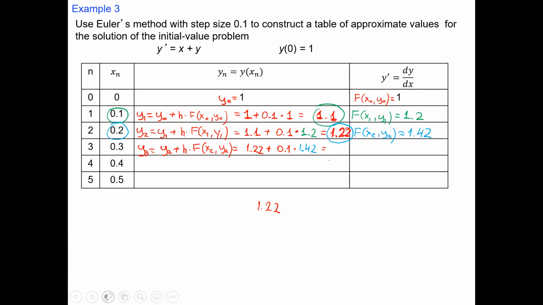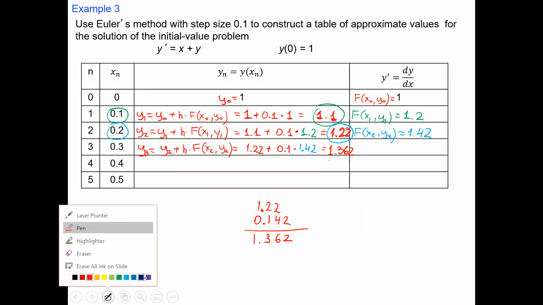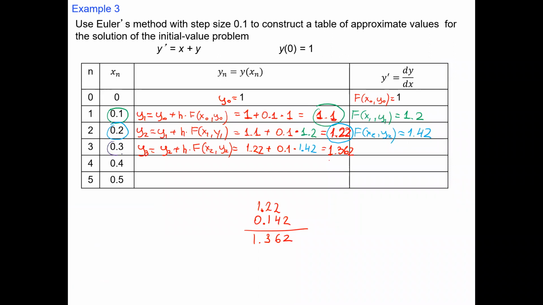Let's do it again slowly. 1.22 plus that's 0.142. Okay. 1.362. Okay. And now adding them together, maybe purple, adding this one and this one will give me the slope